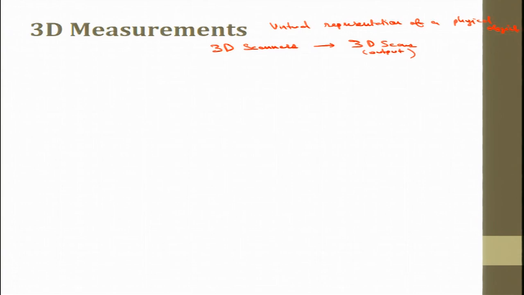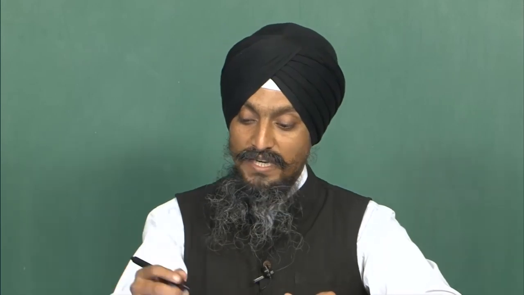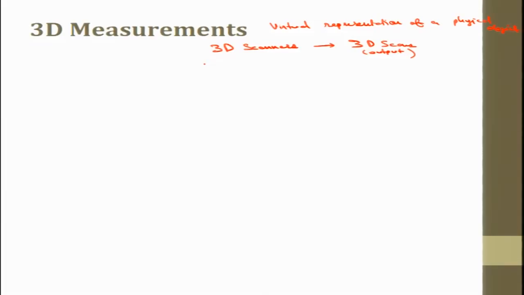So, 3D scanners can scan the real object and produce a virtual image of that. What are the steps for that? I will give a brief introduction to them as well. Before that, there are 3 or 4 types of 3D scanners. Number 1 that I am going to discuss here is CMM. This I will discuss in detail.